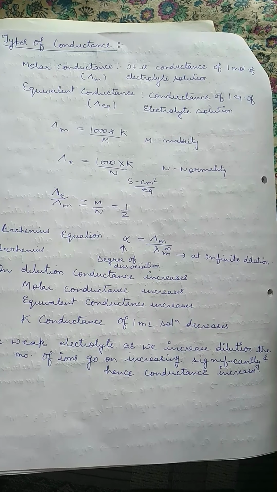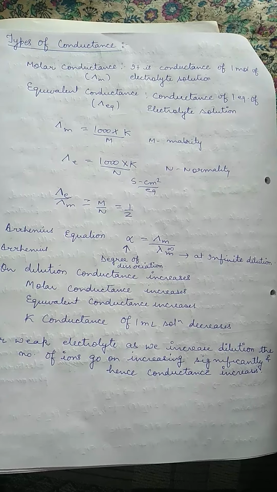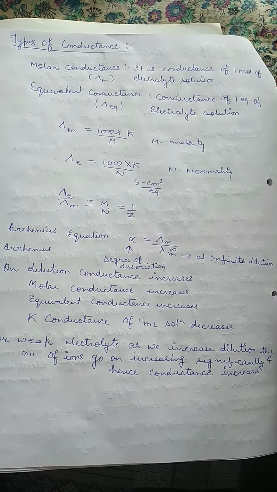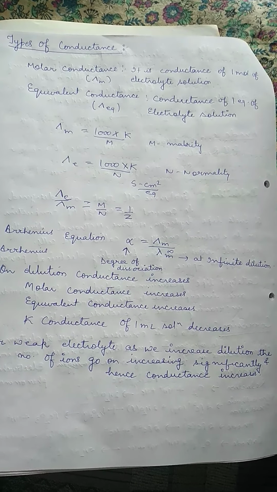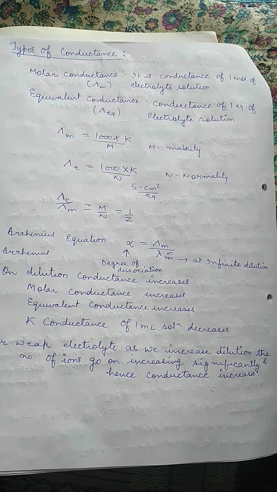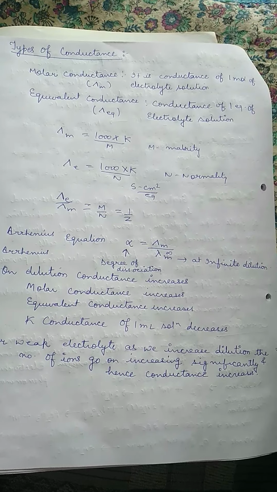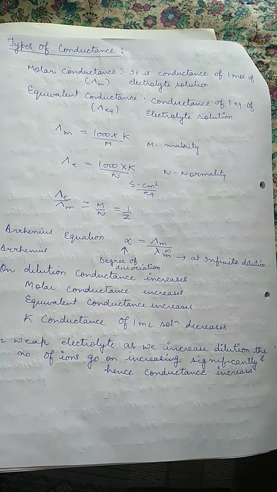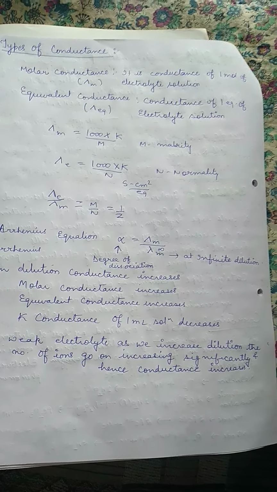So starting with today's topic, that is types of conductance. Today we are going to discuss a little bit about types of conductance, and the most important is Kohlrausch law. In your board exam every year one or two questions must come from this topic. So Kohlrausch law is very important. It's a very simple topic and just concept based. Once your concept gets clear, it is very easy to solve the problems in any kind of exams, whether you are preparing for JEE or NEET. So on Kohlrausch law, numericals must come. So let's start with the video.